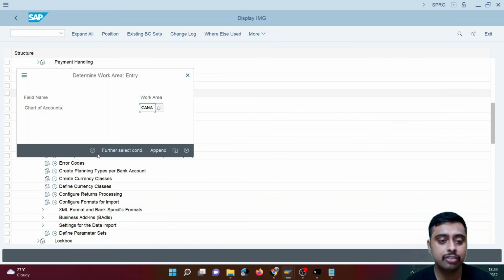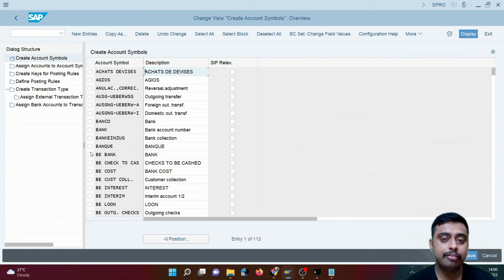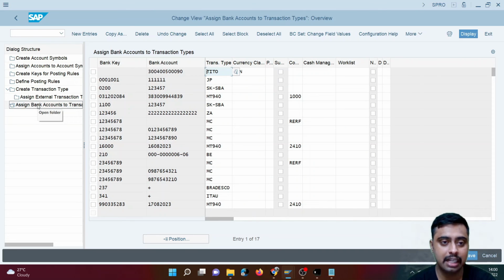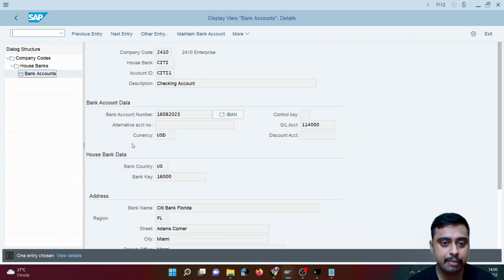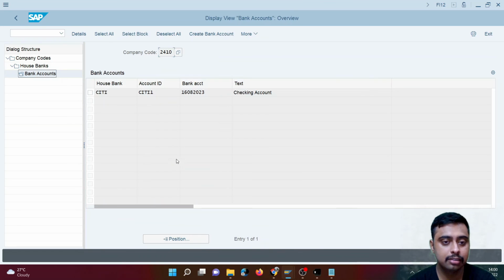So, enter your chart of account. My chart of account is CANA. Now, first thing we will do, we will go to the last node, which is assign bank account to transaction data, transaction type. So, here my bank account is this one. Enter my bank key and bank account. So, what is my bank key? If I come back,